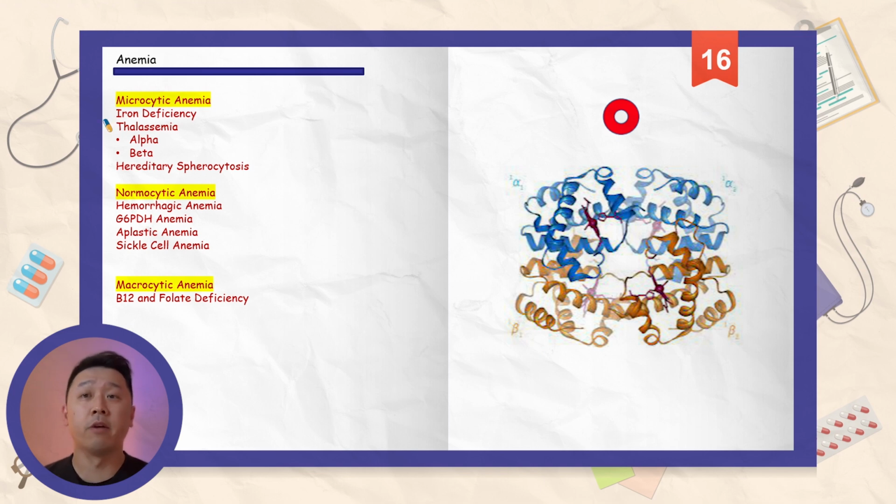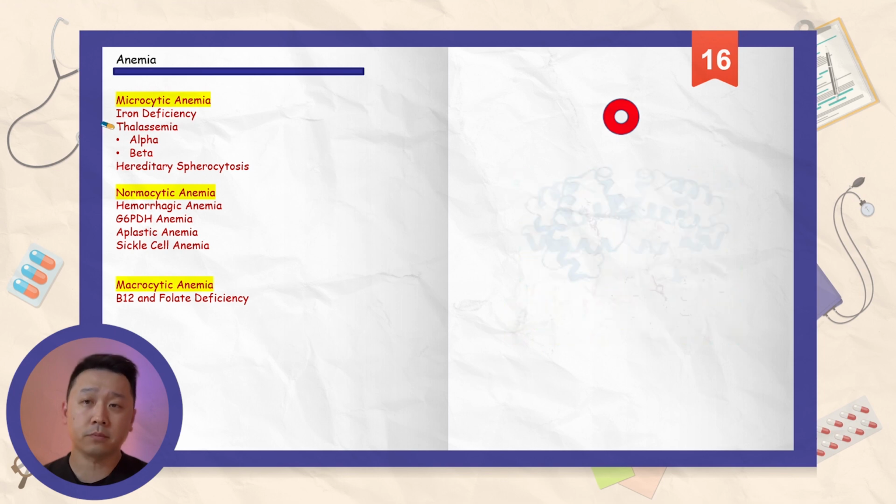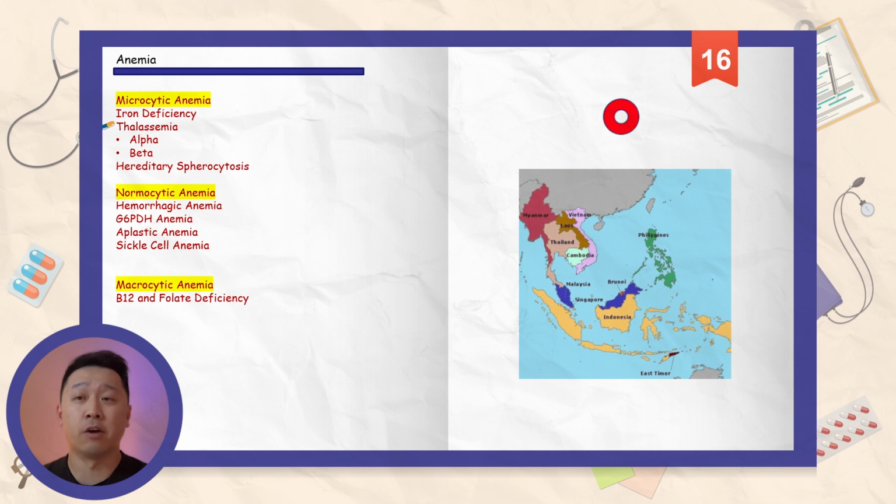This same scenario could happen to the beta subunit as well, where the genetic mutation could affect either one or both of the beta subunits of the hemoglobin. Beta thalassemia is more frequently observed in the Mediterranean population, and alpha thalassemia is more frequently observed in the Southeast